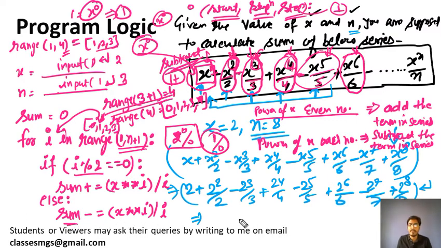Now what will happen? x will be subtracted, but what we need to do, this is the exceptional case. We have noticed that if the power of x is 1, in that case x is added, but from power 2 onwards, if the power is an even number, then it is getting added, and if the power is an odd number, then it is getting subtracted. But for x raised to power 1, 1 is an odd number, but this term is getting added. This is an exceptional case. We need to handle it carefully, so we need to change one more time.